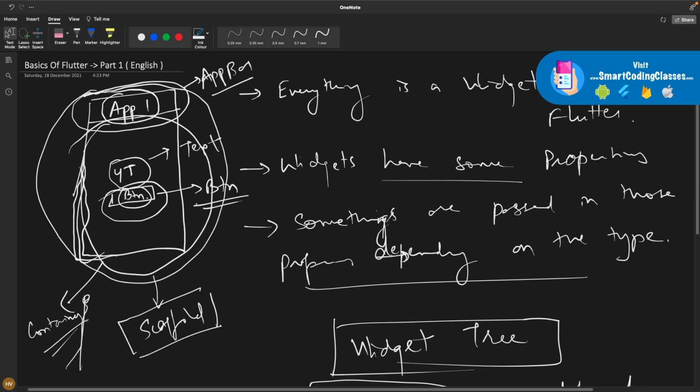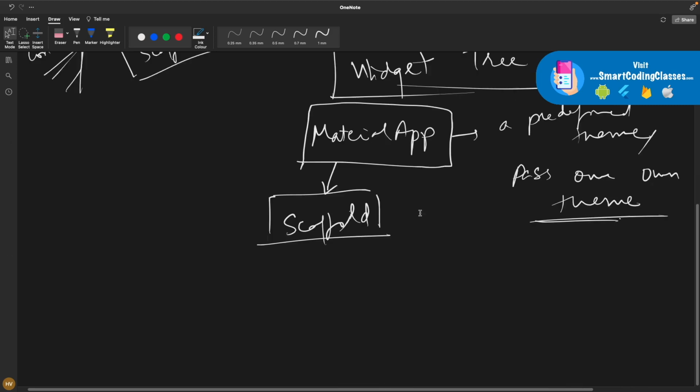Now inside scaffold there was this app bar and this body. So scaffold has two properties. This material app has a property called home, inside which the scaffold came. Then the scaffold has two main properties. It has a lot more properties, but for now we are just talking about two. So first is app bar